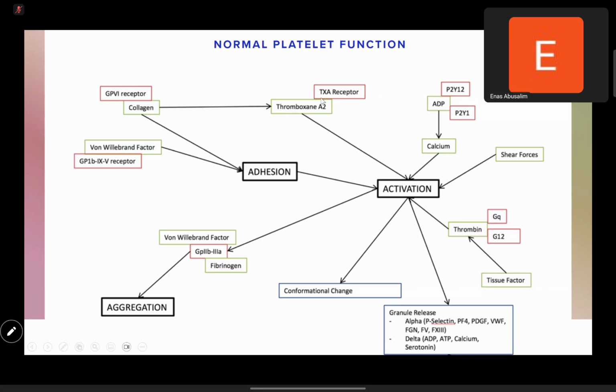Thromboxane A2 is very important as well in the platelet activation system. Thrombin, so this tells us that the primary hemostasis is interlinked with secondary hemostasis. As soon as the platelet is activated on exposure to subendothelial collagen and binding to glycoprotein 6, there's an activation of the platelets with conformational changes, increase in cyclooxygenase pathways and production of more thromboxane A2, upregulation of the ADP receptors that are very important on the surface of the platelets, upregulation of intracellular calcium,